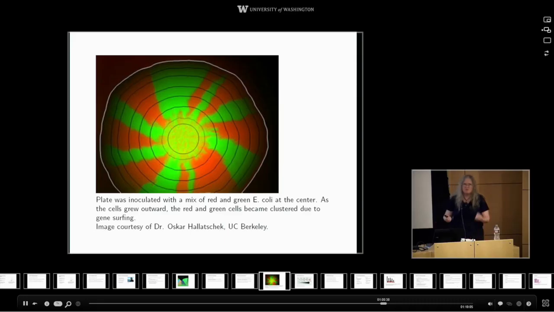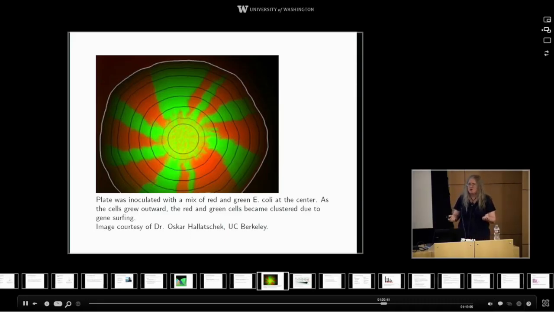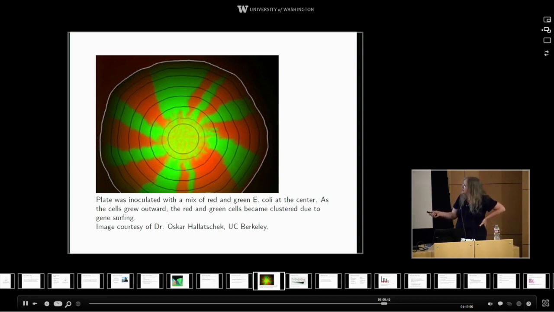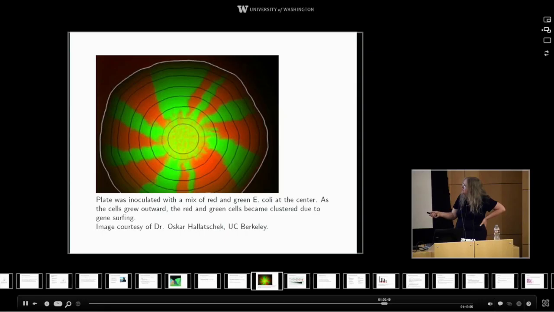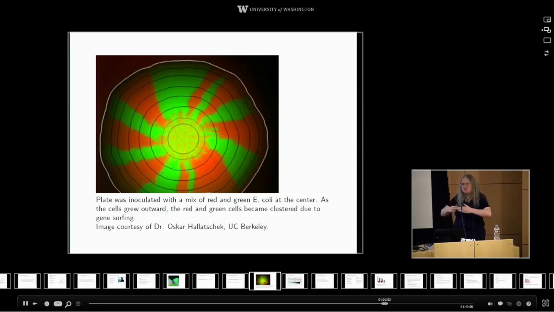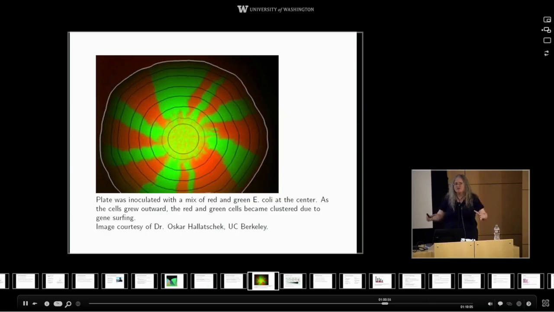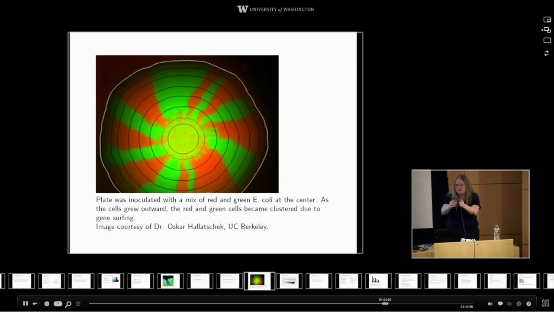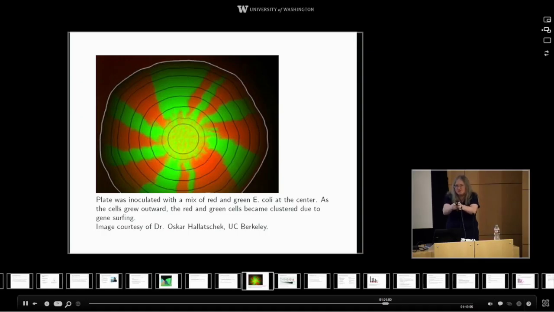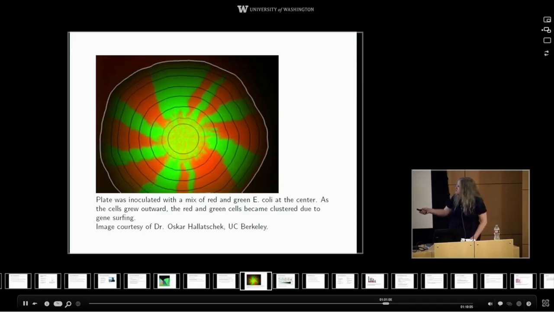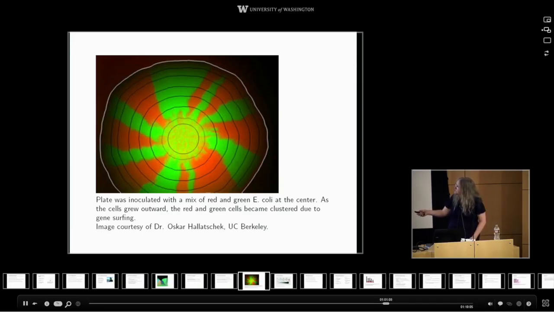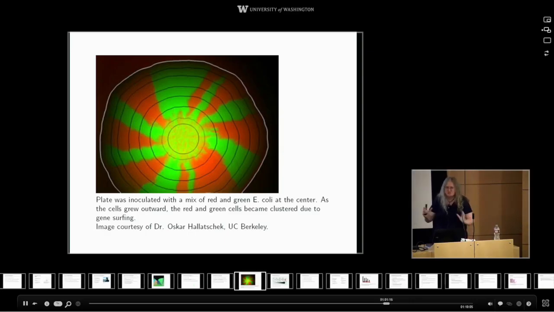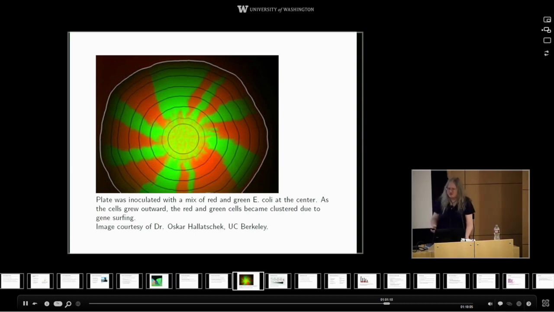These are bacteria that have been genetically engineered with either a glowing red or glowing green protein. And then the two kinds have been mixed together, and a droplet was put in the middle of the plate. Initially, they're all mixed up. But as they grow outwards towards the edge of the plate, the only ones that can colonize all that vast new bacteria-free territory are the ones on the very outward edge, relatively small number of cells. And so one green cell on the very outward edge has a bunch of green offspring that grow up into these dramatic sectors, green offspring and red offspring, sorting themselves out. And that looks, actually, if you imagine sort of rolling it up, that looks surprisingly like my esophagus picture.